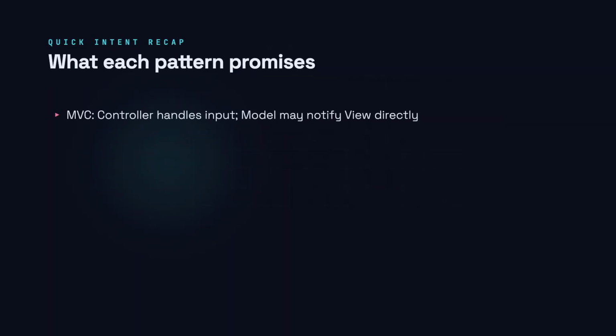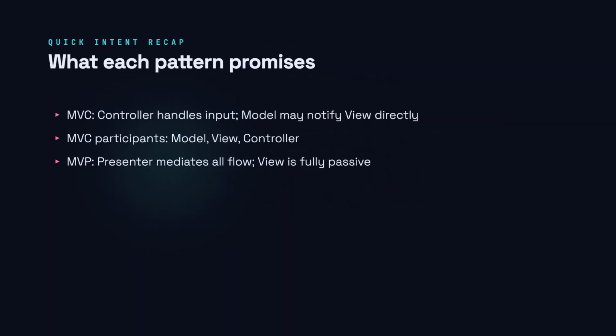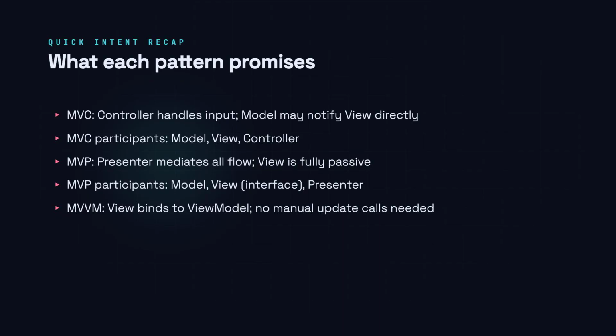Here is a quick map of each pattern before we see code. In MVC, the controller receives user input, updates the model, and the model can notify the view directly. The view and model are aware of each other. In MVP, a presenter sits in the middle and does everything. The view is a dumb interface that only exposes methods. In MVVM, the view declaratively binds to a view model's observable properties, so updates flow automatically without any explicit wiring